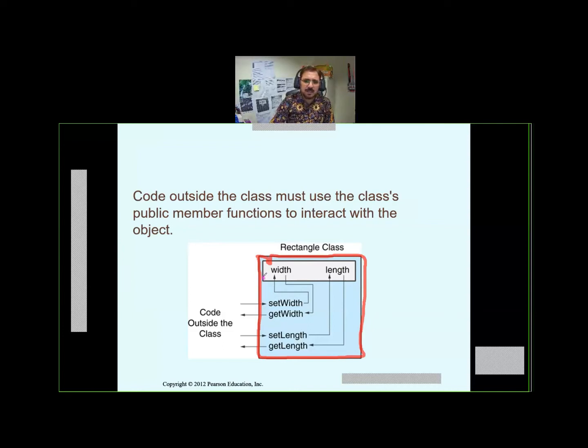This one is the private data members. Okay, and these are the public data members. So you see inside the class, inside the red boundary, the private and the public are both inside the class,